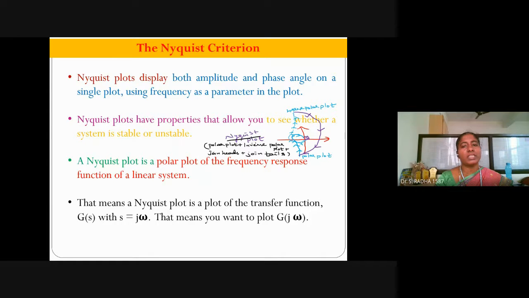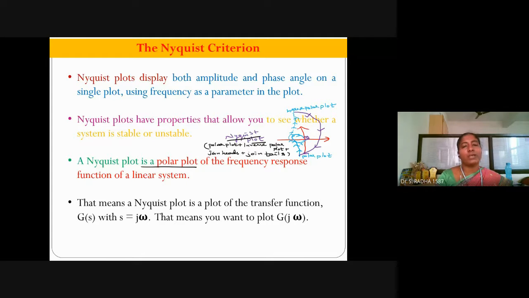In general, polar plot and Nyquist plot have the same properties. But the polar plot, with the open loop transfer function, tells us about stability. With the Nyquist plot, using the open loop transfer function, we can tell the stability of the closed loop system. That is the advantage of the Nyquist plot. Polar plot is simply one section, and inverse polar plot plus joining the heads and joining the tails, these four sections together are called the Nyquist plot.